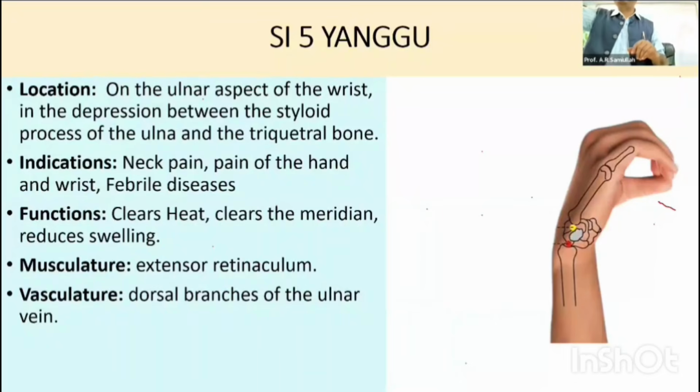SI5 says, I don't need anything from you all. I don't want anything from you. I wanted to segregate my own problem. That indicates Small Intestine 5 is solely responsible for treating the small intestine without taking energy or help from somebody else. That's called the in-house point. That point belongs to the fire point.